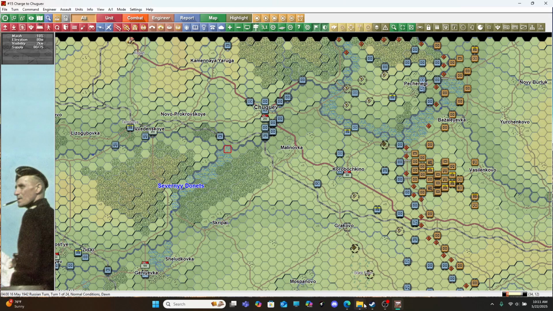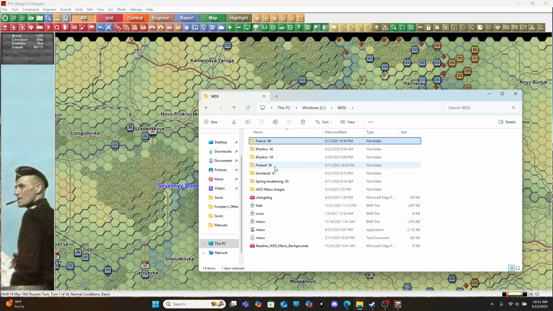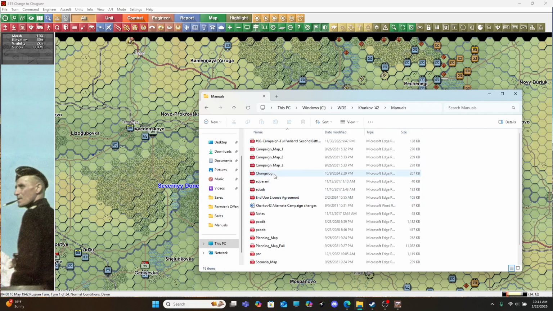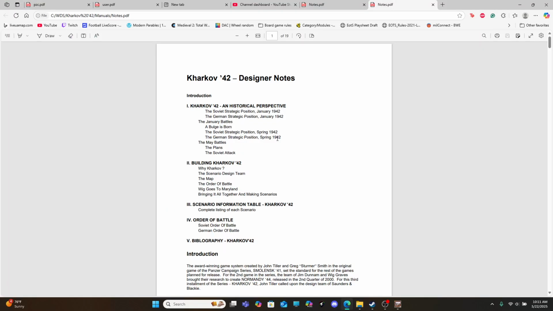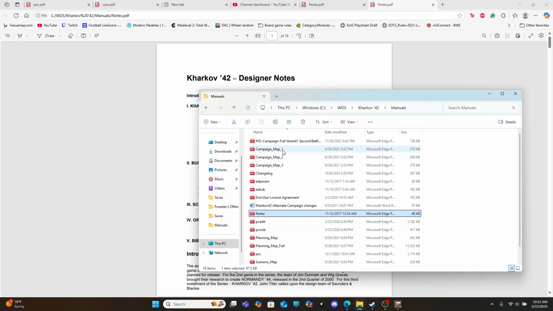Oh, you know what we haven't done yet? We have not looked at the notes section. The manual. There it is. Yeah. So this is what you'll get when you get the game. You'll get this whole folder where it'll give you a couple of campaign maps,